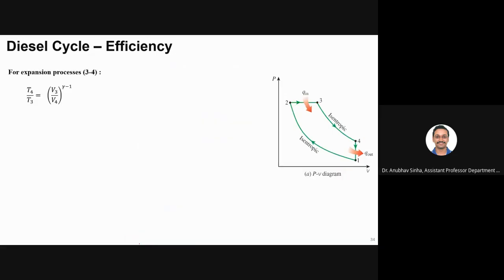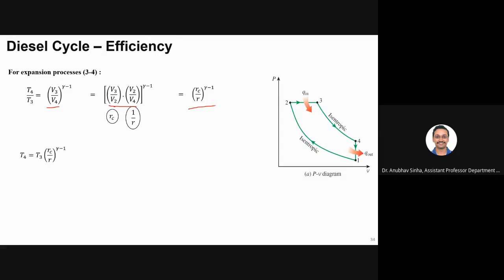So let us look at the last process, which is isentropic expansion, 3 to 4. Again, for an isentropic process, I can write temperature and volume like this. So let us do some rearrangement. Let us say I divide and multiply by V2. We will have different ratios. This one is rc and this one is 1 by r. Okay. So I can write T4 by T3 in terms of the compression and cutoff ratios.